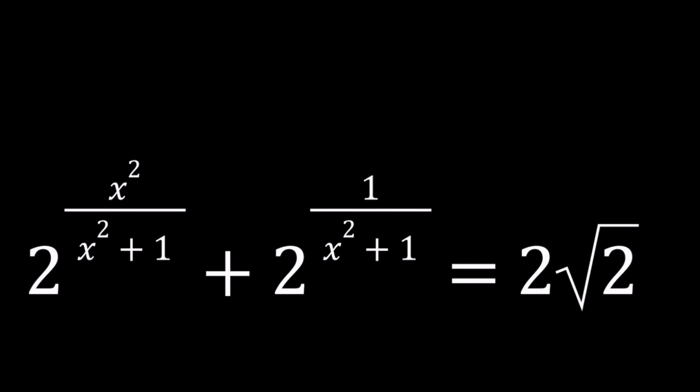Hello everyone. In this video we're going to be solving an exponential equation. We have 2 to the power x squared divided by x squared plus 1 plus 2 to the power 1 over x squared plus 1, and that is equal to 2 times the square root of 2. And we are going to solve for x values. Now this equation may look very unfamiliar or very non-standard, but don't worry, we're going to crack the